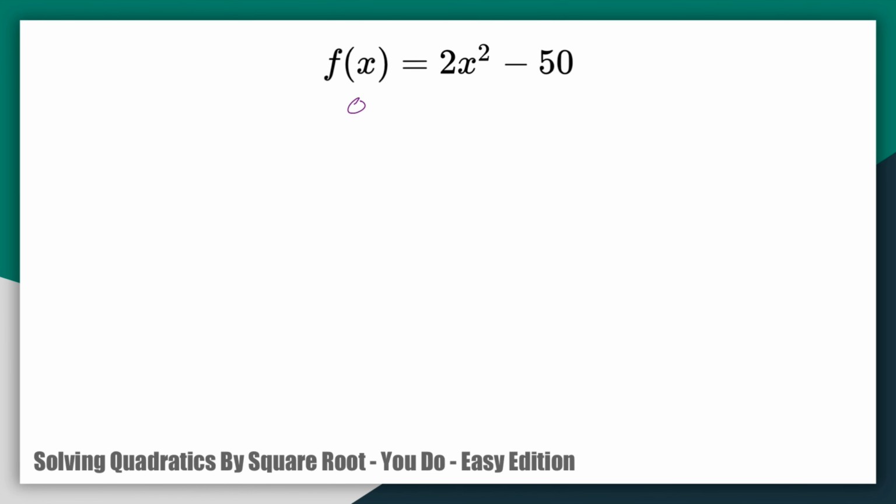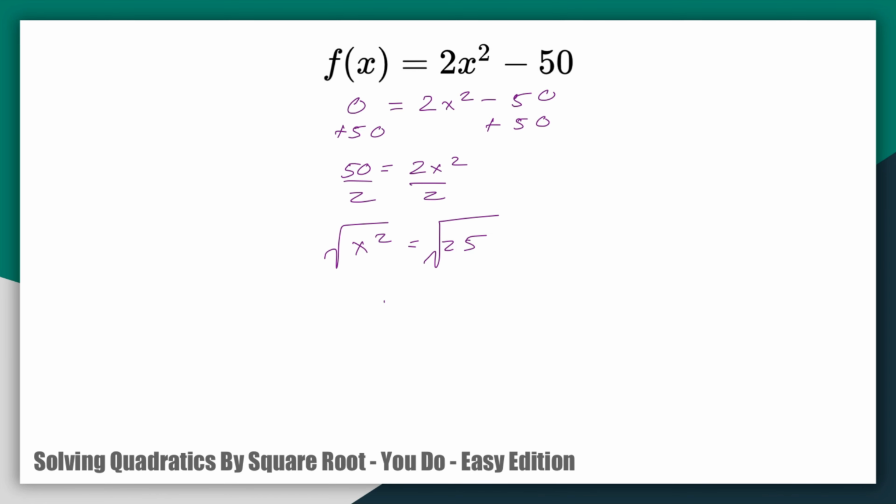Hopefully you set this equal to 0. So you get 0 is equal to 2x squared minus, oh, not 25, 50. You add the 50 to both sides. You get 50 is equal to 2x squared. You divide by 2. You get x squared is equal to 25. Notice how I flipped, right? Then you take the square root, and you get x is equal to plus or minus 5,